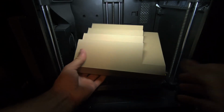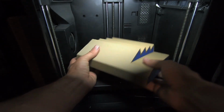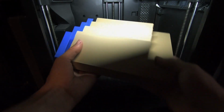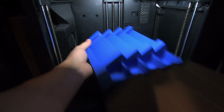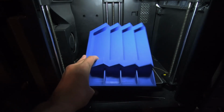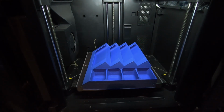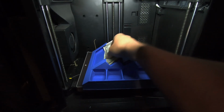Let me make sure you guys can see. Maybe my color combination could have been better. But see, you can just push on, because these are exposed, so you just push on here to pop it out. I'm working in kind of a cramped space so you guys can see. Okay, let's put some money in it. We know the cover works. I only have 1s and 5s, so...